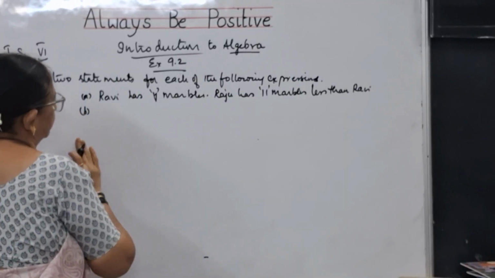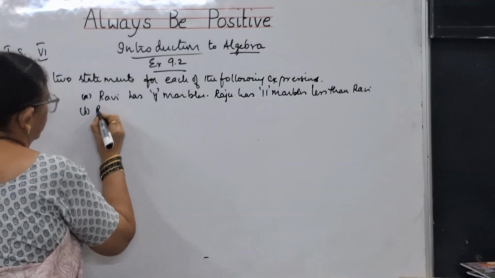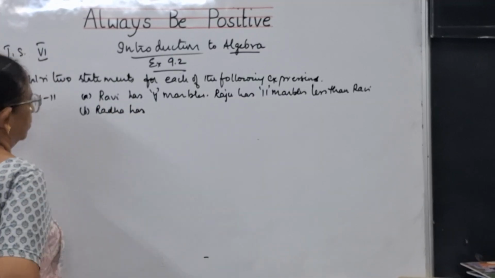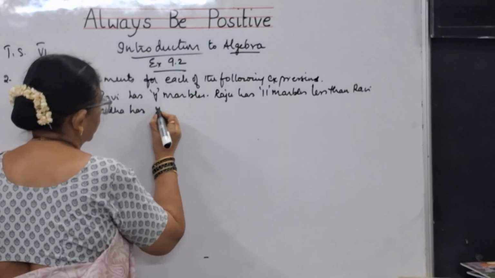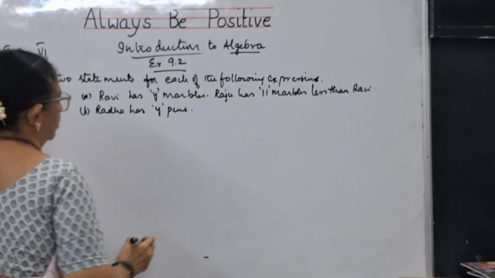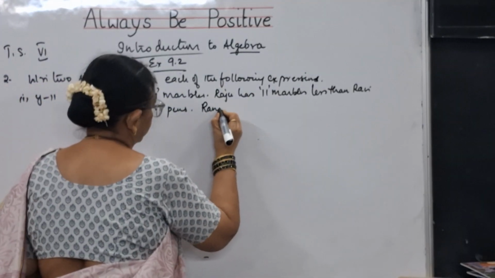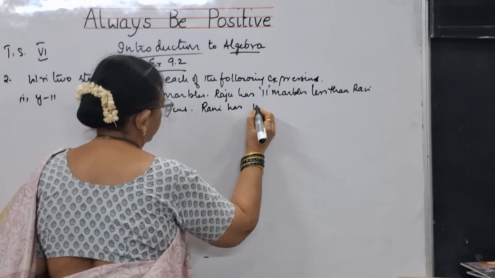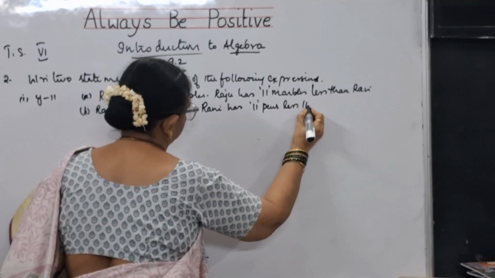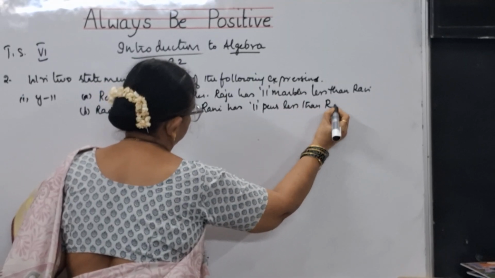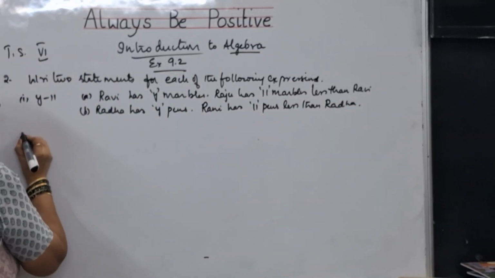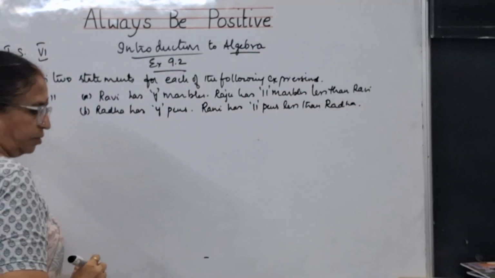We have done marbles. Let us say Radha has Y pens. Rani has 11 pens less than Radha. You can write these two statements. And second bit,